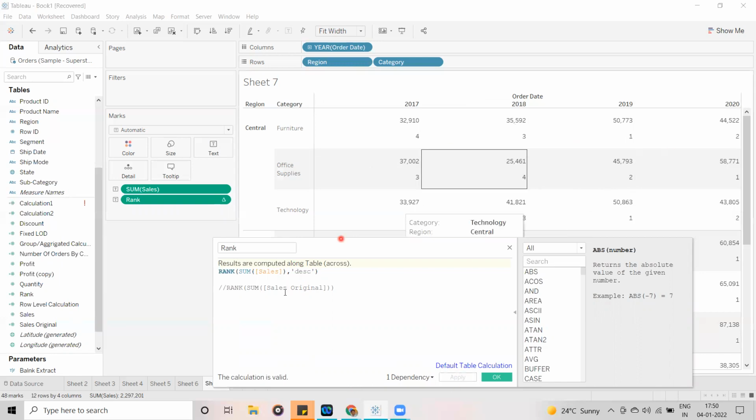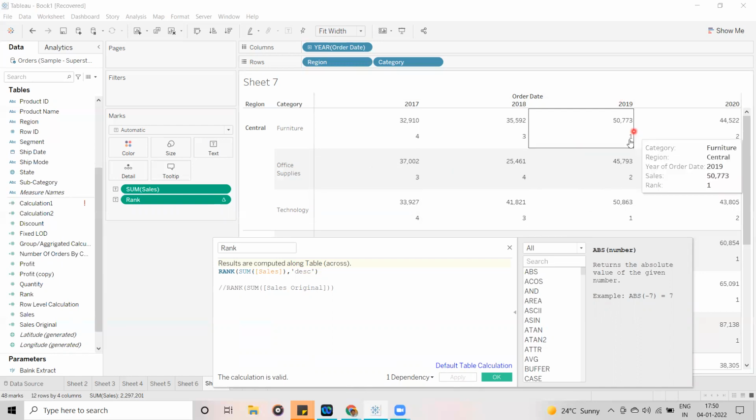Now when we mention descending order, the first rank is assigned to the maximum value. If you remove this also, the ranks are going to be the same, because by default the ranks are assigned with the maximum value first. Is it clear, guys? So this is how we can see the backend calculation, how it is performed when you apply any table calculation.